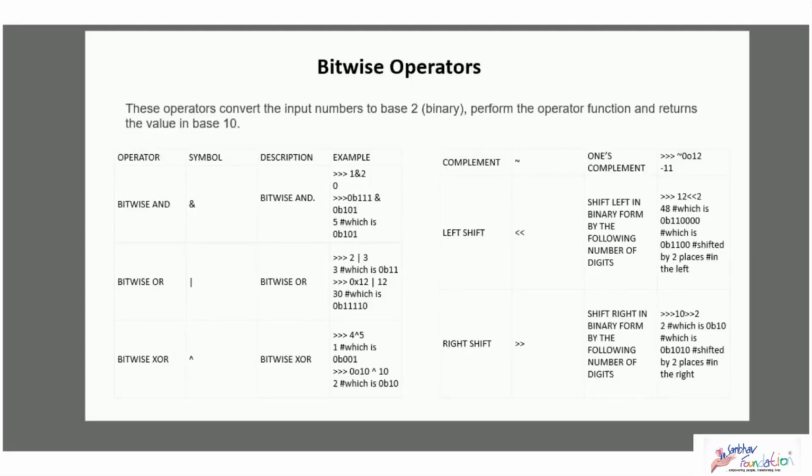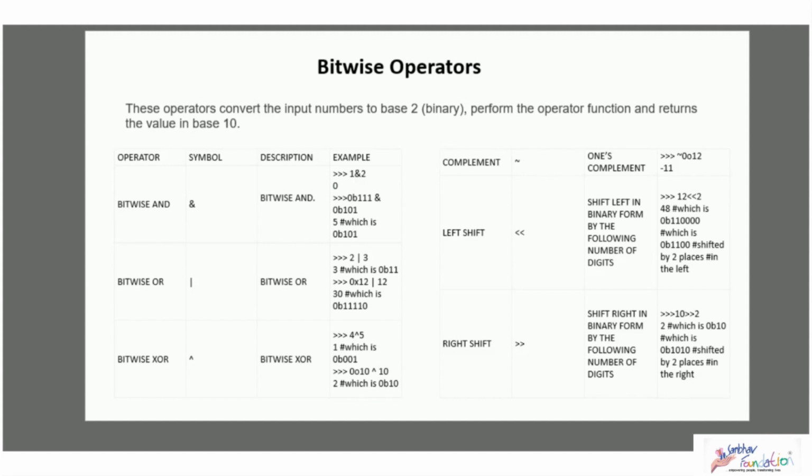So what bitwise operators do is that they perform operations on the bits. They convert the input numbers to binary numbers and return the value in base 10. So what actually happens is, when you give two decimal numbers, they convert those two into binary numbers, and within those binary numbers they perform the bitwise operation, that is digit-wise: the digit in the 0th place versus the digit in the 0th place, the digit in the first place versus the digit in the first place. So that way they compare them and give you the output in decimal.